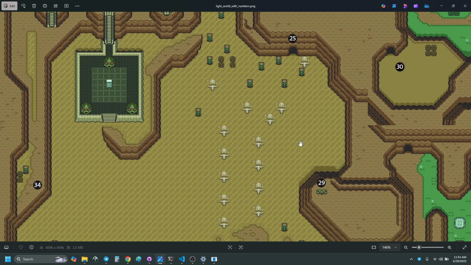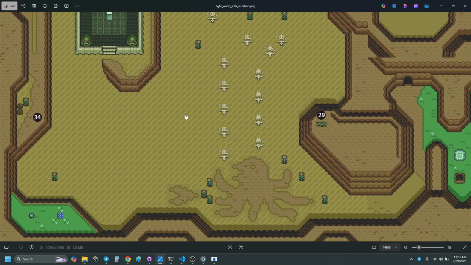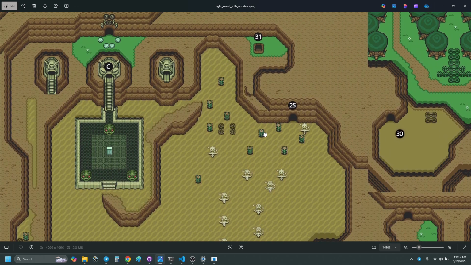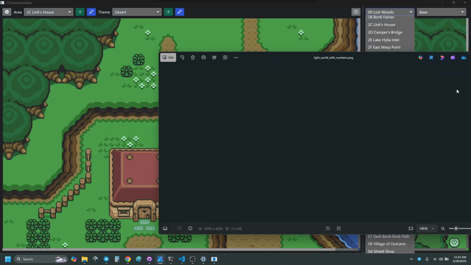Other things to worry about is how the enemies move. We haven't really done very much testing with that at all yet, so we'll test that more once we have a ROM that can be actually built. But yeah, this is the theme that I'm trying to copy, and this is the only room of it, so I don't have a lot of examples. So I'm going to go back to